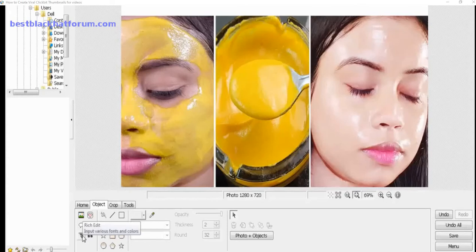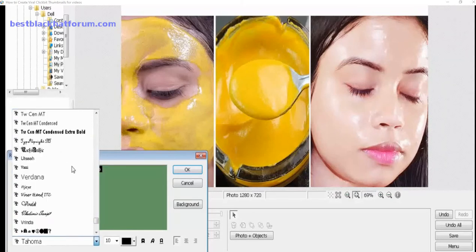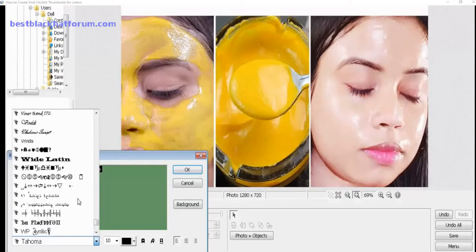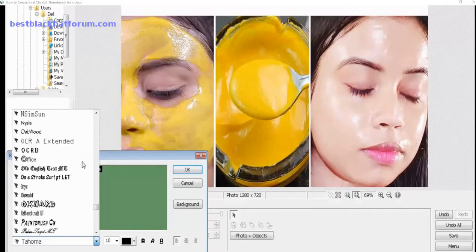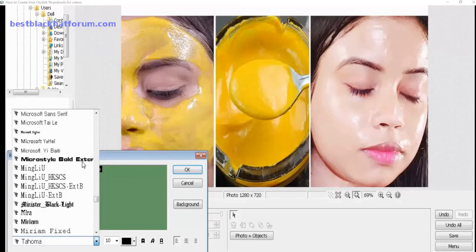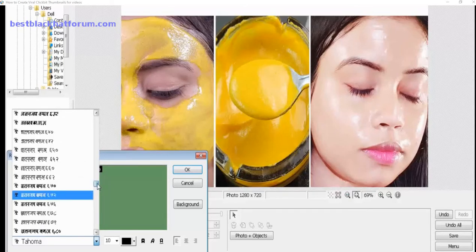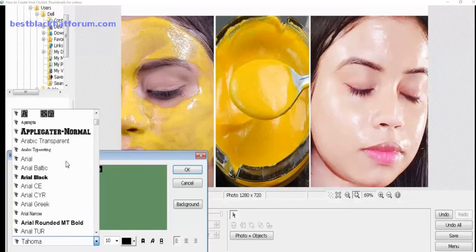I will put this title. Go to rich text and put it here, Control A, and now you need to change the font. So take a good font. For example, I am using Araval Black.